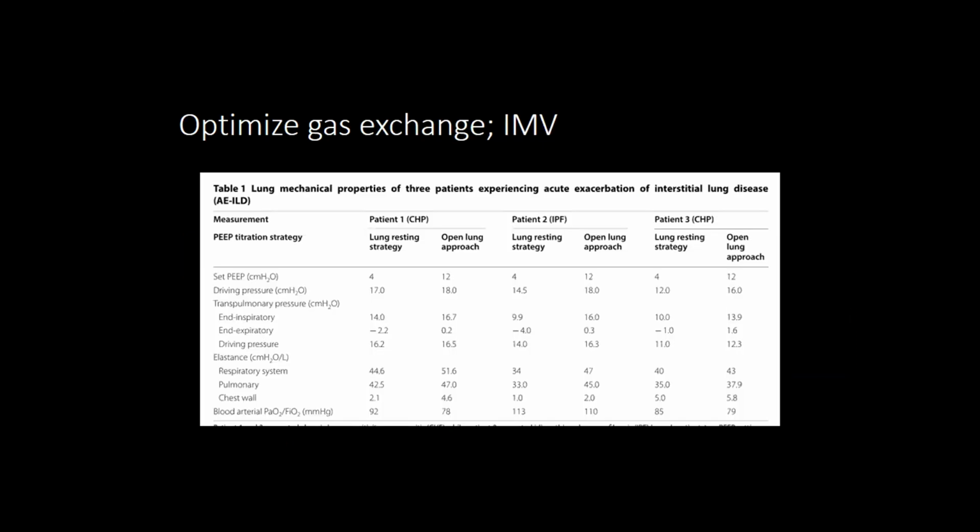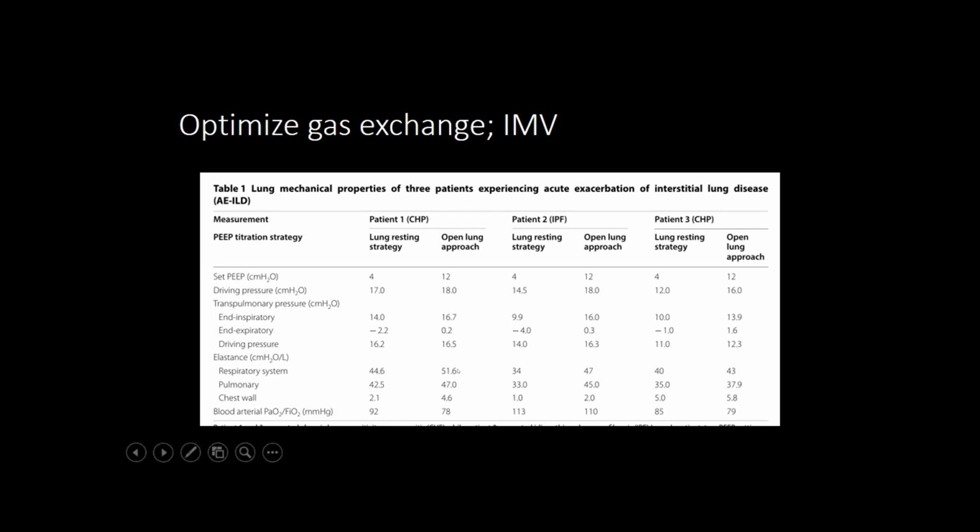So this table demonstrates what I was talking about. This is from a case report of 3 patients, two of whom had chronic hypersensitivity pneumonitis, and the 3rd patient had idiopathic pulmonary fibrosis. You'll notice that these exact patients were subjected to a low PEEP setting and a high PEEP setting later on in their care, while monitoring certain mechanical properties of the lungs. Notice that using a low PEEP still achieved a good driving pressure, still achieved fairly equal arterial oxygenation, or rather clinically relevant oxygenation, but